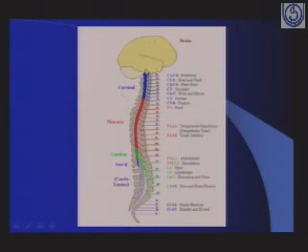So this is the brain, and this is the continuation of the brain. Different color coding has been given because there are different parts of the spinal cord. This is your cervical part. They are situated within a canal known as the vertebral canal, and the part of the canal situated within the cervical vertebra is known as the cervical part of the spinal cord. Then is your thoracic part of the spinal cord, lumbar part, and the sacral part of the spinal cord.